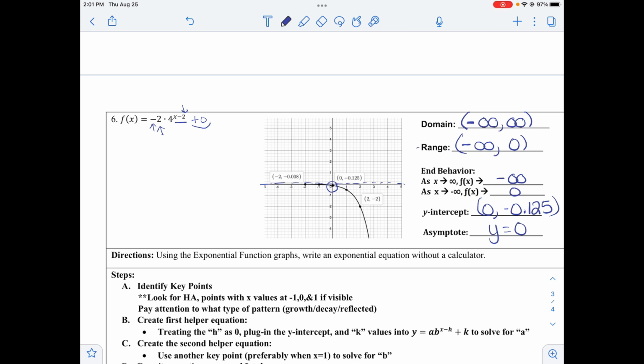Also, look at how this range changed. We started from negative infinity to 0 instead of the other way around like with the other ones. Now, we're going to move on to talk about how to create exponential equations without a calculator when you're given